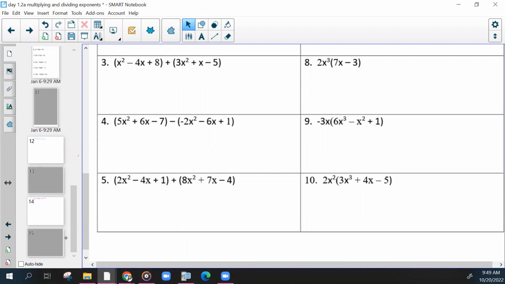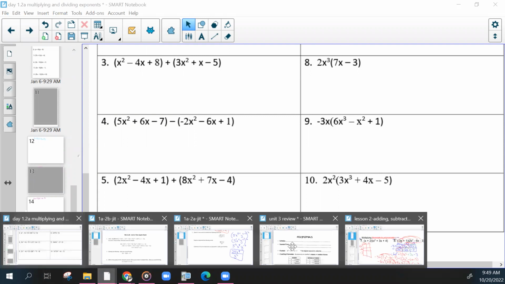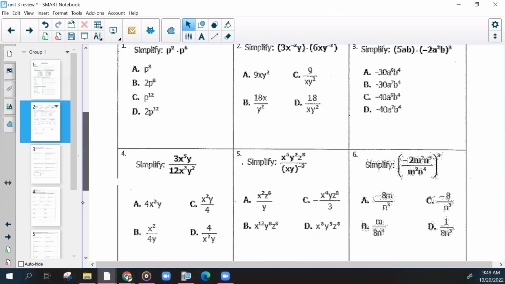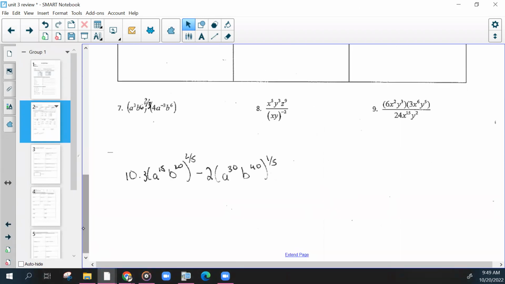I will say, if you're working in the review, make sure you pay attention to these problems. They're similar to what we just did, but they have fractions instead. You do the same thing, you'll end up with homework. Okay, so use the next 10 minutes to practice, and then I'll let you grab your phones and things like that.